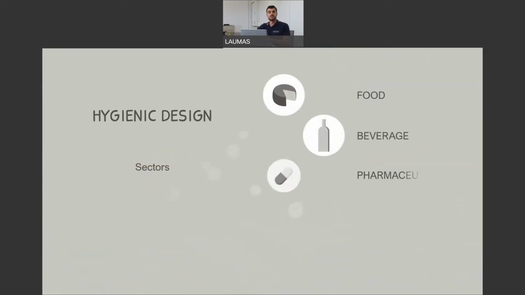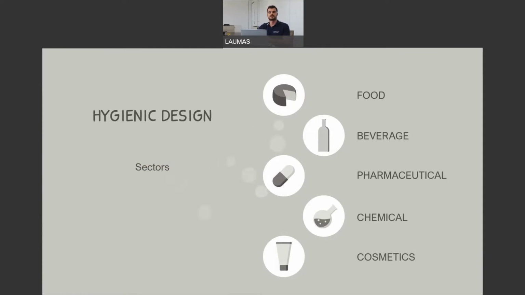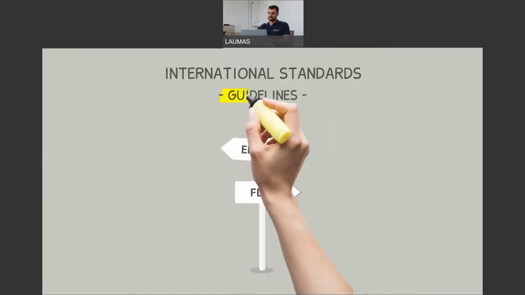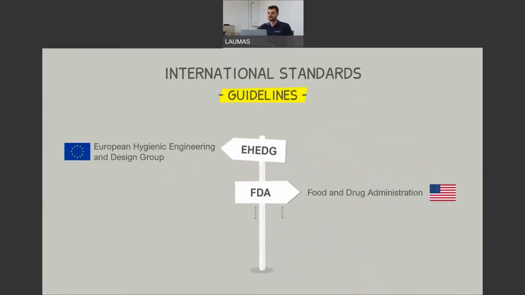And where and in which business are these hygienic standards more and more requested nowadays? We would say that is, for example, in the food industry, in the beverage industry, in the pharmaceutical industry, in the chemical and cosmetics, and also in some livestock business sectors. Every country has its own rules about hygiene, but the common goal for every country is always to avoid bacteria proliferation and to guarantee the hygiene